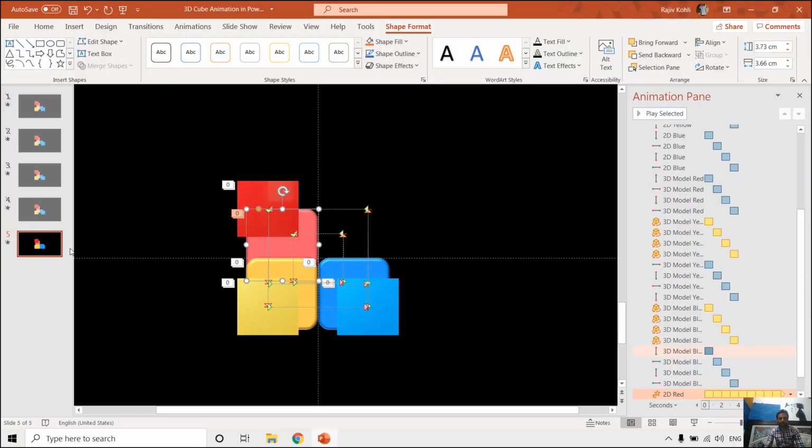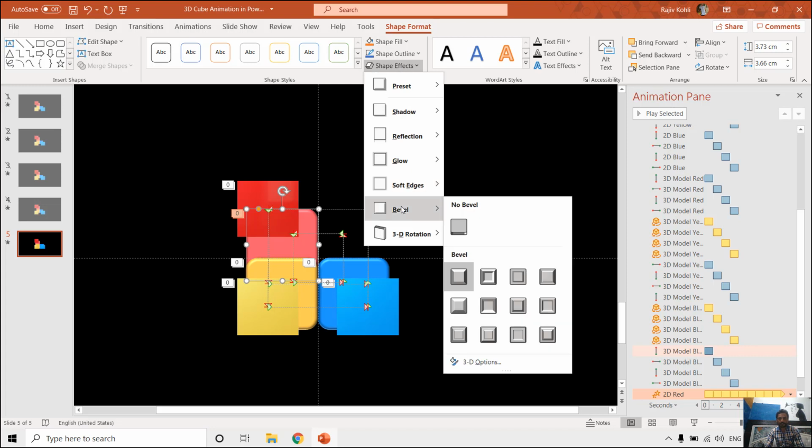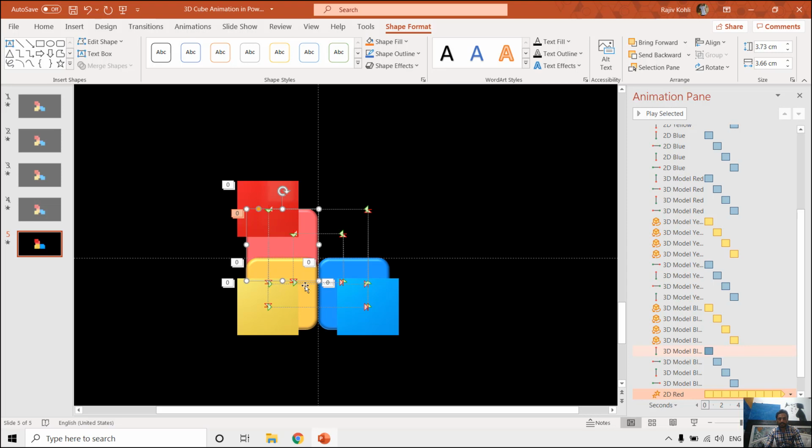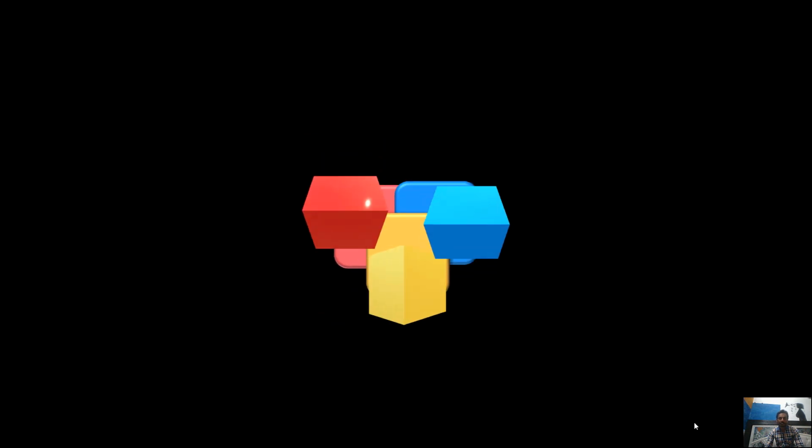On the fifth slide, if you see, I have changed the 2D rectangles and they look like 3D rectangles now. For that, I selected one of the rectangles, went to shape format, shape effect, and here I applied the bevel effect, the round bevel effect. I did this for all of the 3 rectangles, and here you can also see that we have applied the grow shrink animation effect to them as well. And if I now see the slideshow, you will see an animation effect like this.